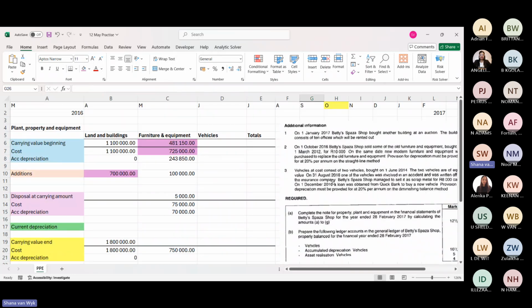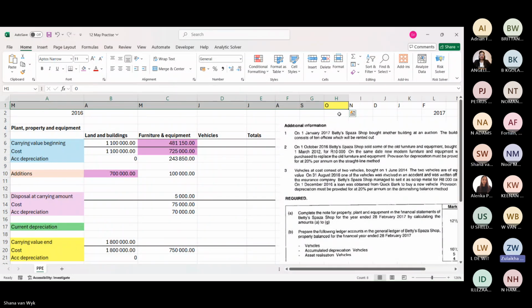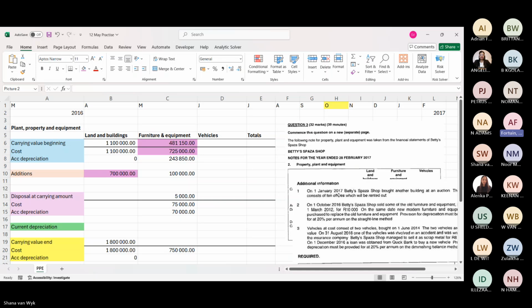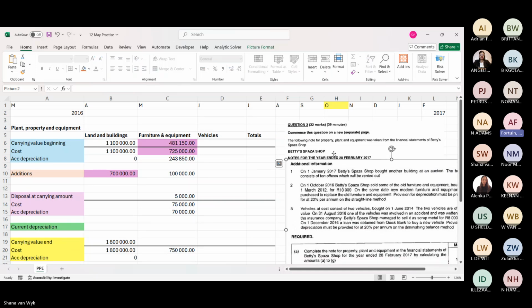Let me just check. It's the 1st of October, so it's here. 1 March. So 1, 2, 3, 4, 5, 6, 7, 8. I get 7 months. Now it's 7 months. Why? You mustn't, because 1 October is not a month. It's actually 30 September that you're counting to. So it's 7/12. 8,750 is the total.